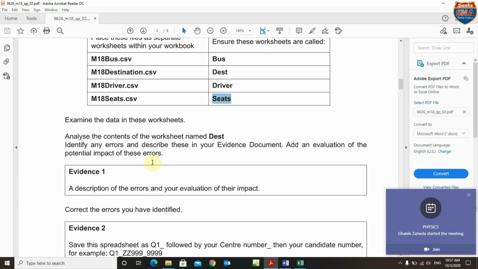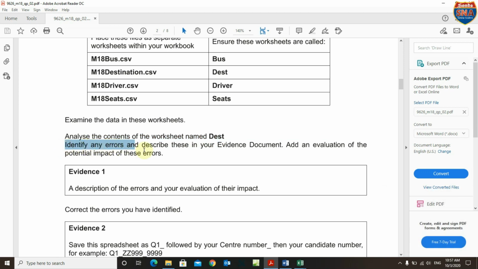Okay, analyze the content. It says here to analyze the content of the worksheet named dist, or destination, let's say. Identify any errors and describe these in your evidence document. Add an evaluation of the potential impact of these errors. So what we are going to do is go to the destination